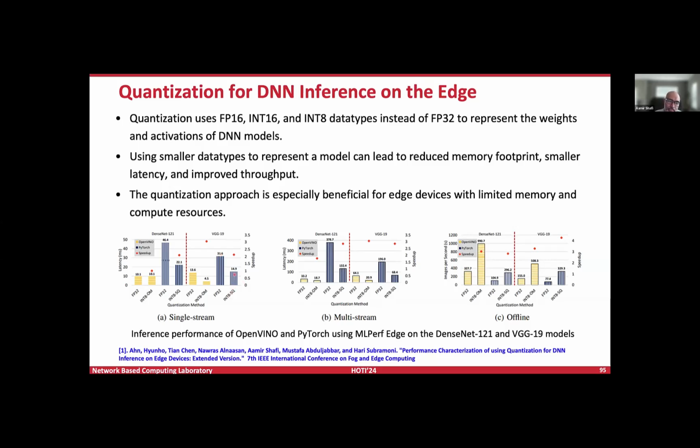But when we run the int8 version, not only do we get around 4x reduction in memory, but we also get around 2.1x better latency. Lower is better. So for that reason, the int8 static quantization version is doing better. Similarly, we see similar performance trends for VGG19 when working with OpenVINO.